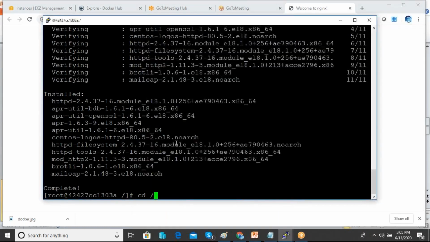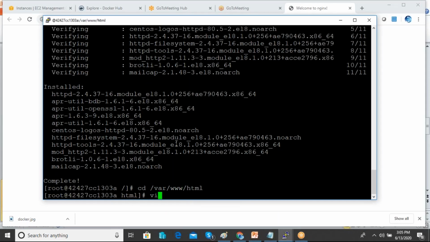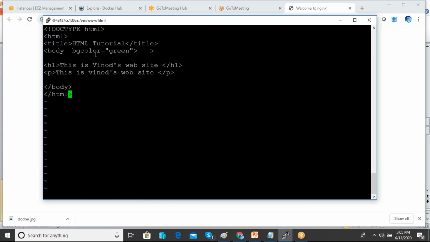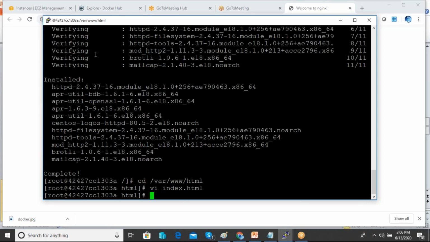So I will go to cd /var/www/html and create an index file. Then I am going to start this web server, Apache.